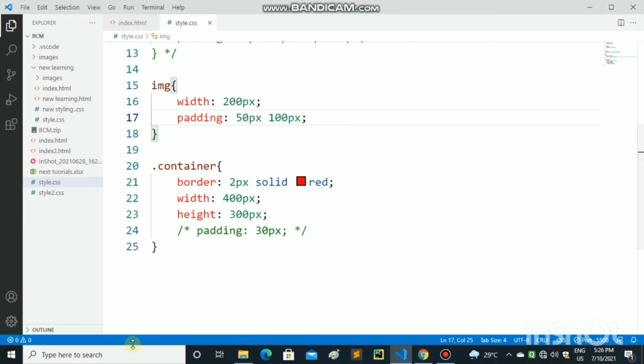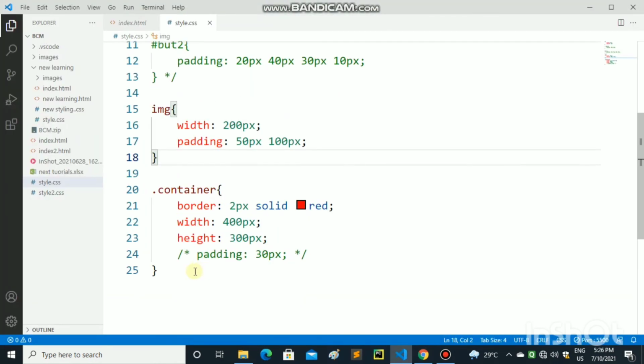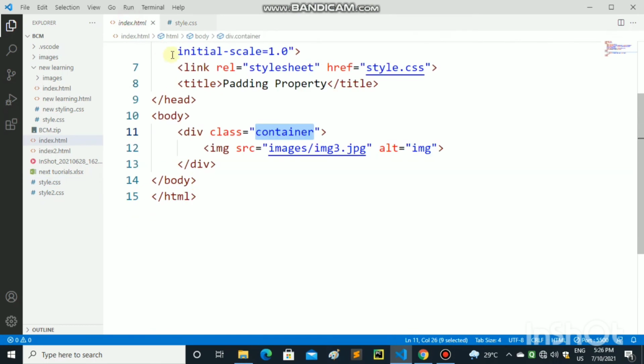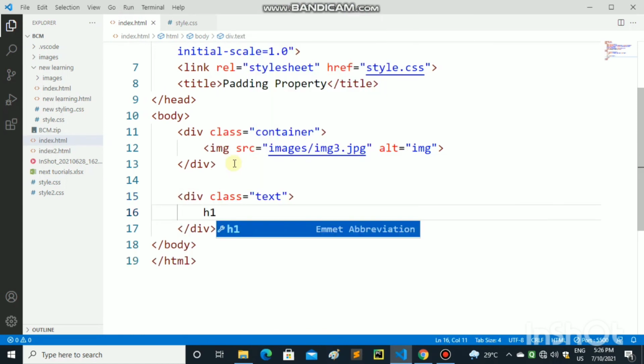Now let's learn how to give padding to text. Friends, the padding property does not work in a very great way in text form. It only works like a margin property because it only gives a little bit of space from every side to the text.